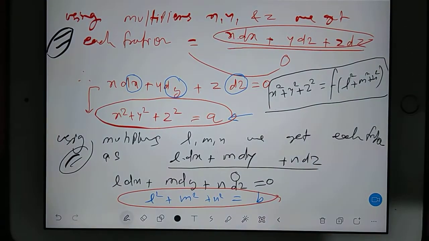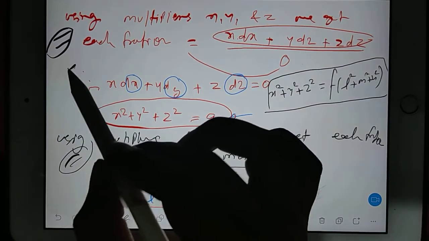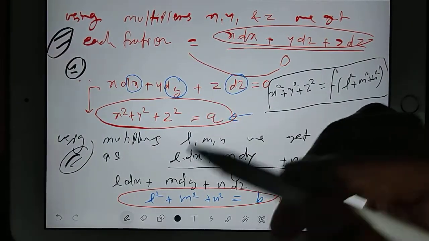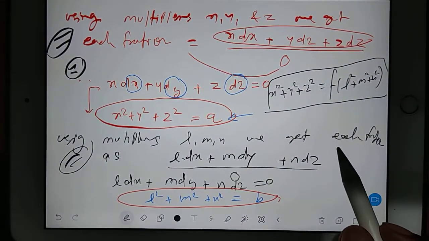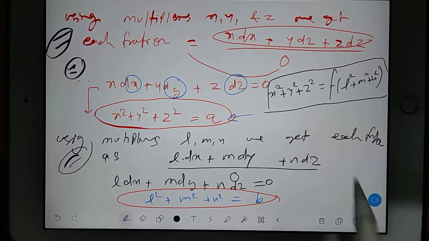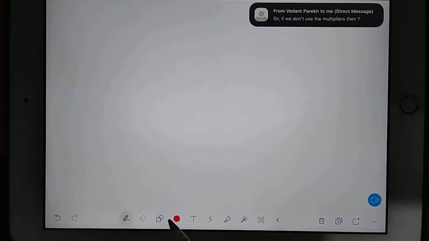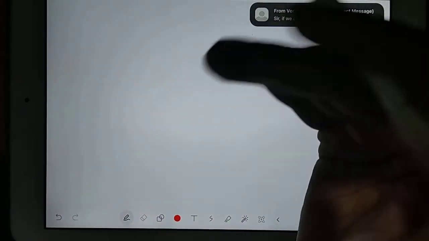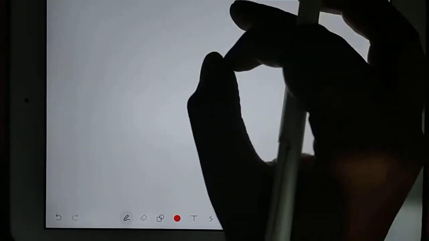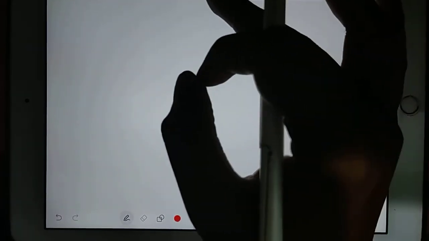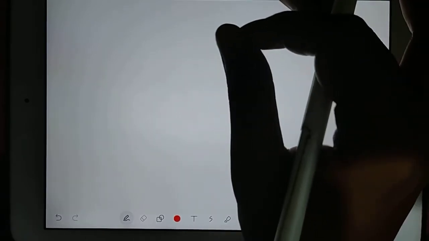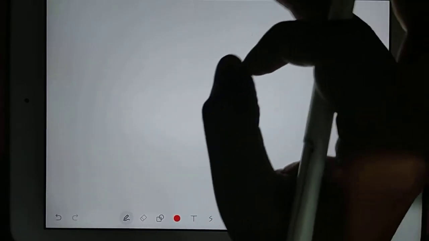Now I will change the page. So see here what you are understanding. We are able to solve numericals using subsidiary equation. Then you have a long procedure, because you will be having x and y together. You cannot separate the variables properly, because in the previous case, there was one question in which we were able to separate the variables. If you do not practice multipliers, then it will be difficult.